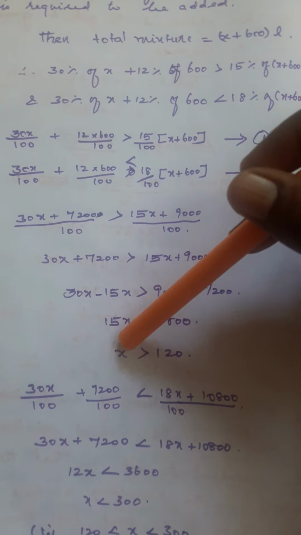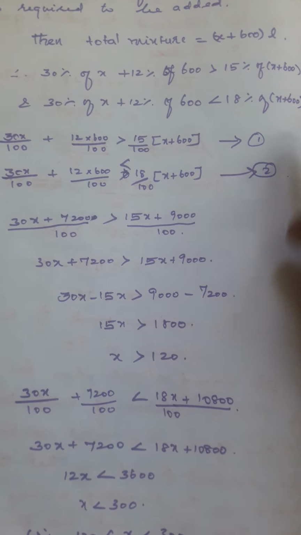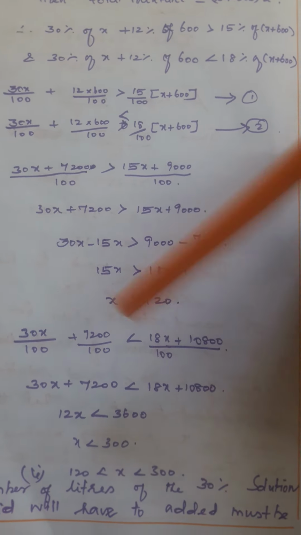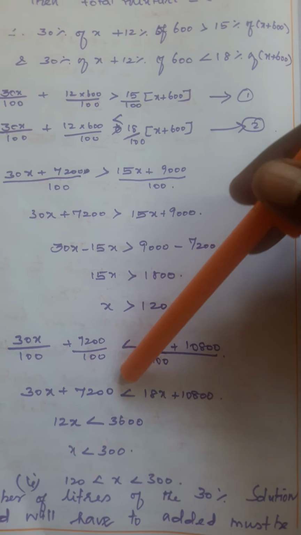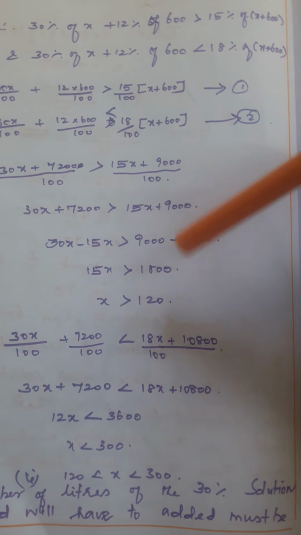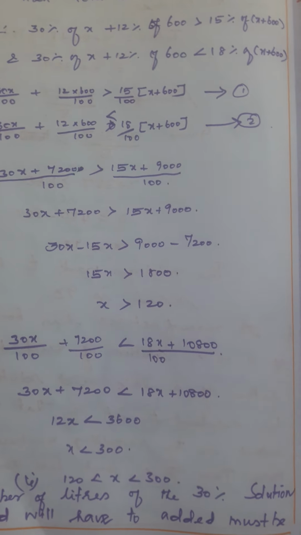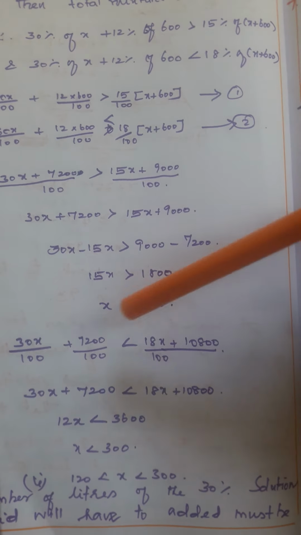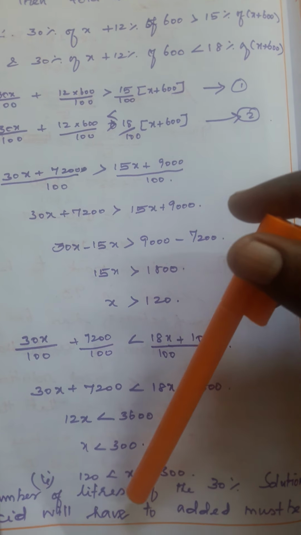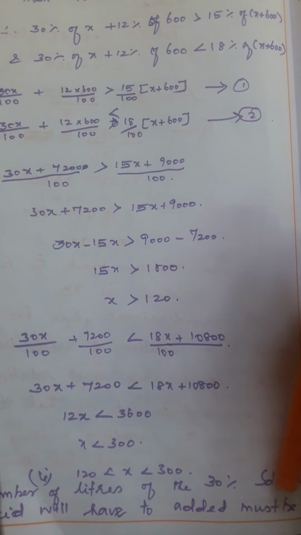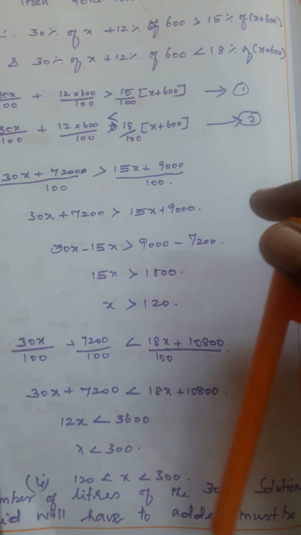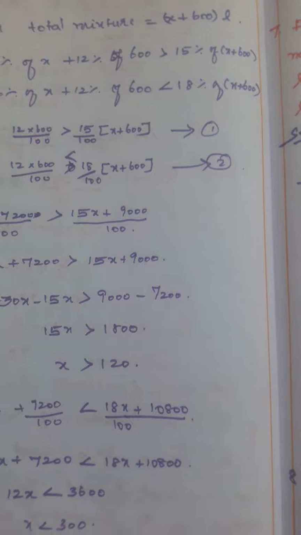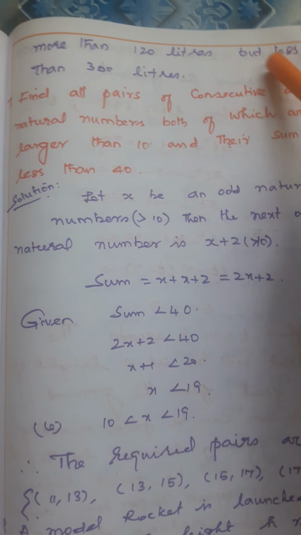So that will be x is greater than 120. So your mixing liters will be more than 120. And the second equation, in a similar way, you will get x is less than 300. So you have to mix 120 to 300 liters. Then only you will get your answer. That is, the number of liters of 30% solution of acid that will have to be added must be more than 120 liters but less than